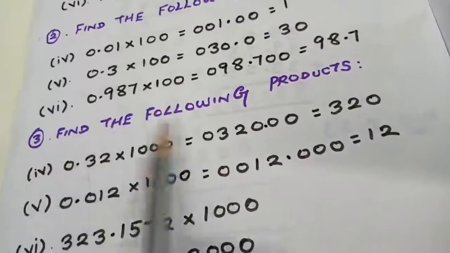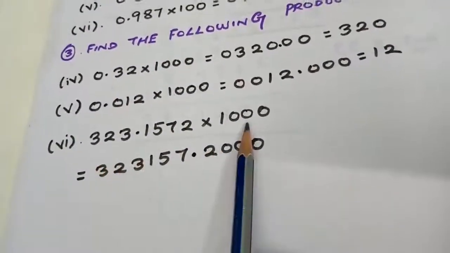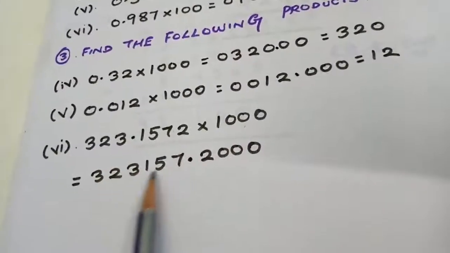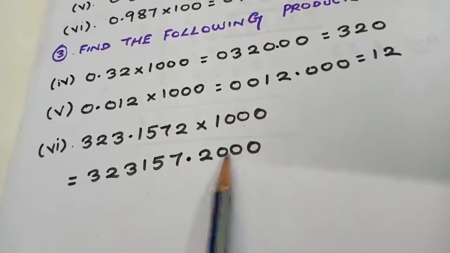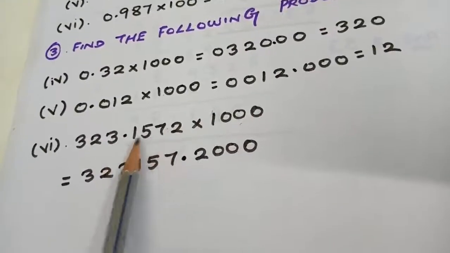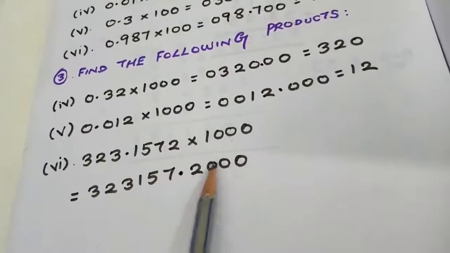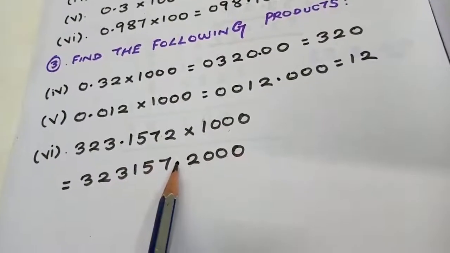Coming to the third question, similarly 1000, the same way you are going to do the calculation. Just see the last sum students. I am going to write all the numbers in the same order. Write all the 3 zeros except 1. After the decimal point, you are going to have 4 digits, 1, 2, 3, 4. So, 1, 2, 3, 4. I am just keeping the decimal point here.